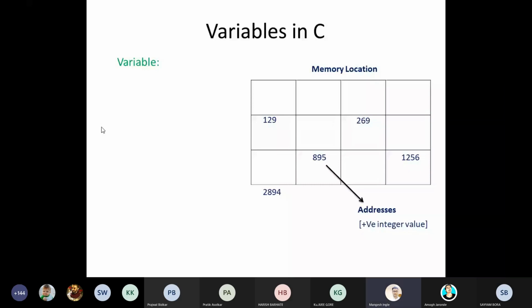So guys, what is happening here? Here is also one question. My intention is that you convert each and every topic into a question and answer pattern. So the question here is: can we access a negative integer value address? Can we store a value into a negative integer value address? The answer must be no. An address is always a positive integer value, right? Yes, sir.